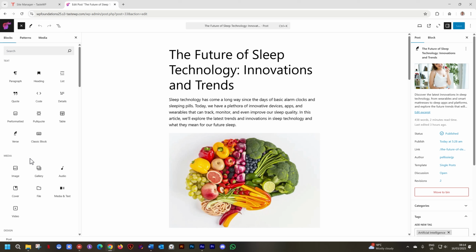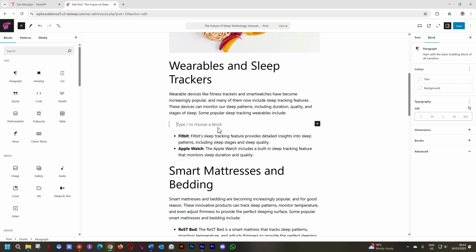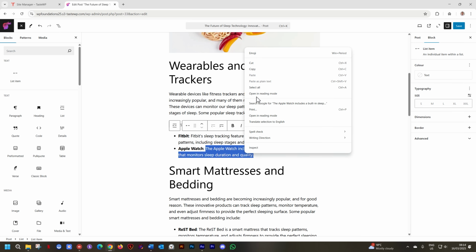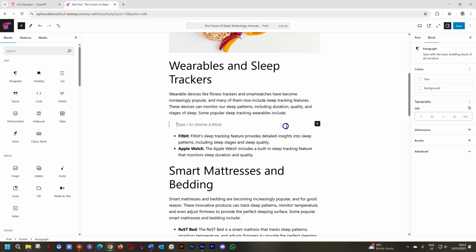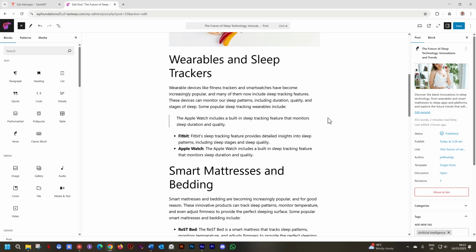A favorite that is used within posts is a quote or a pull quote, and that's just to highlight certain text. I'll scroll down in this one, and then over here I want to bring some text that stands out, and I'll find this quote here under text. I'll click, hold and drag it, and I'll drop it here, and then I'll just select some text that I can highlight. You can bring in your own text or type a new text, and then I'll select this quote block and I'll paste it there, Control V, and you can see it looks a little bit different.